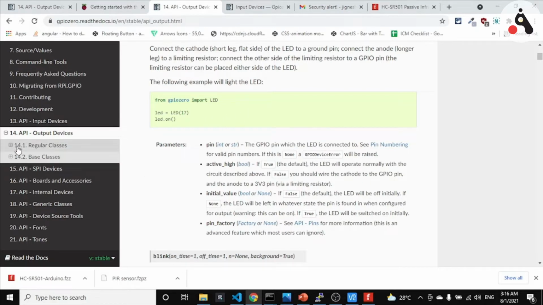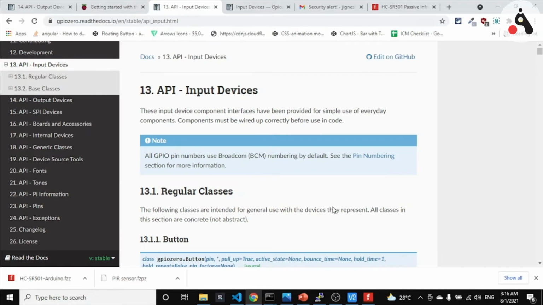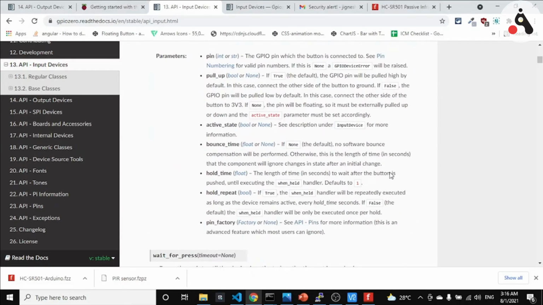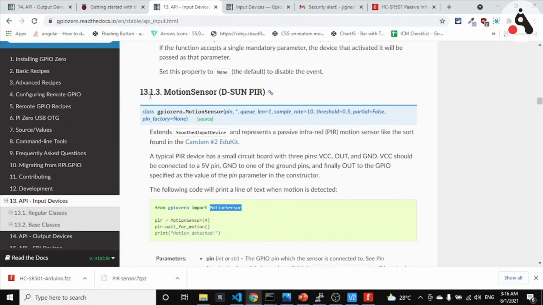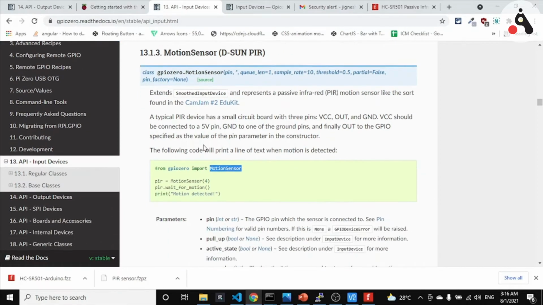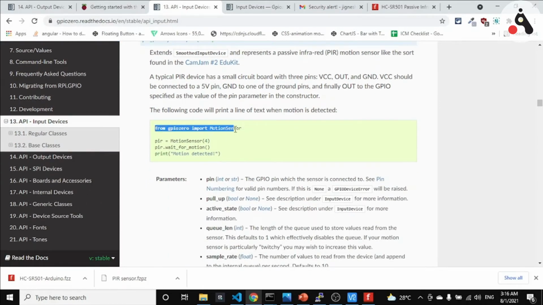Before going to the code, let's see the input device which we are using in this case, which is the PIR sensor. As you can see in this 13.1.3 section we have the motion sensor, and we have used this motion sensor from the GPIO Zero library. We have defined the class, and the argument here is 4.